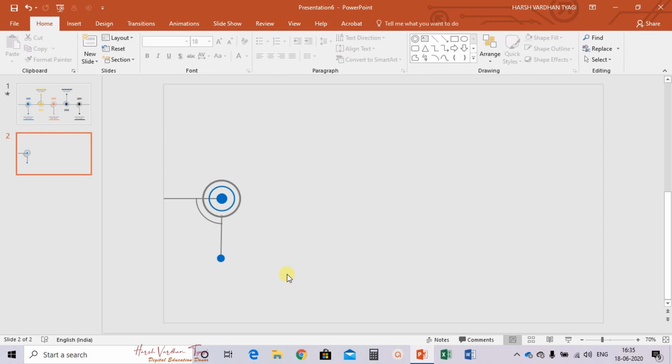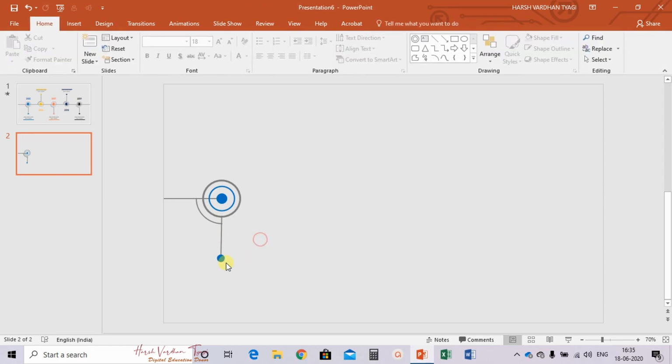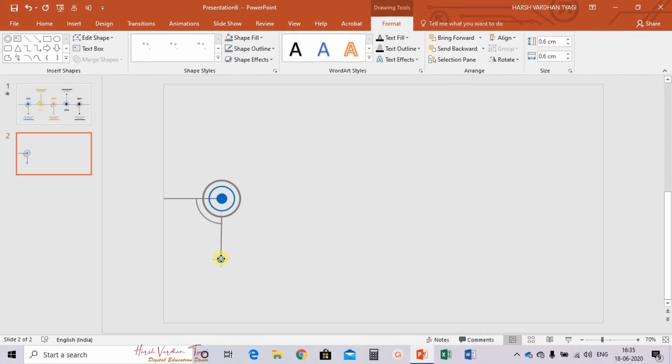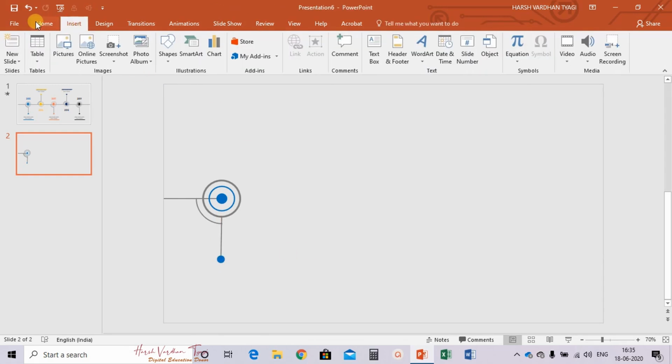Okay. Now what we need to do, we need to select this. It's not getting arranged. Yeah, it's good. Now again go to insert, choose the option text box, draw text box here